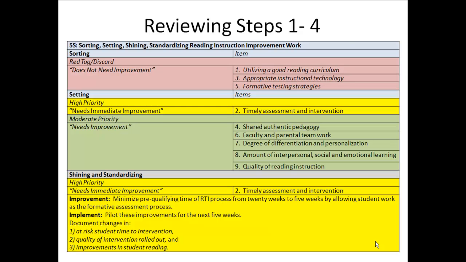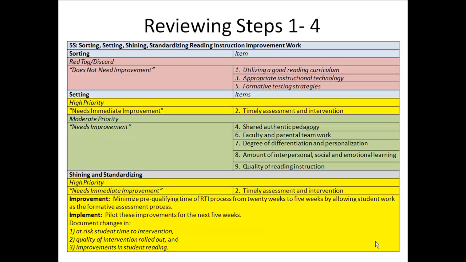So what would this mean? Well, for sorting, we would take this list of 9 items, and there are so many different ways that you can sort. But if you're trying to go for a high priority improvement in instruction, then you would decide some of these we don't need to focus on. So the first step in sorting is to set them all out and then set aside the strategies that aren't going to be the focus of the improvement work at hand. In this case, strategies 1, 3, and 5 were red tagged or set aside at this point in time. And then you move into step 2, which is trying to set the remaining